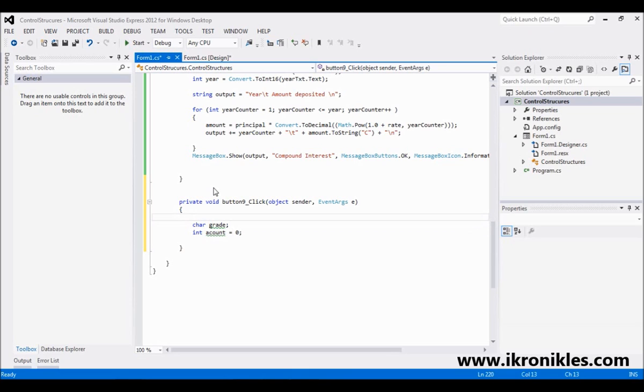Before I continue, let me comment this. What I want to do is count letter grades. Now, instead of writing this, I can use a comma, b count